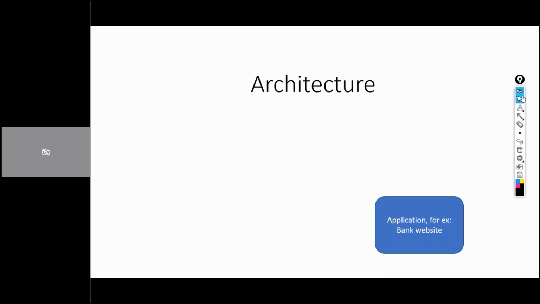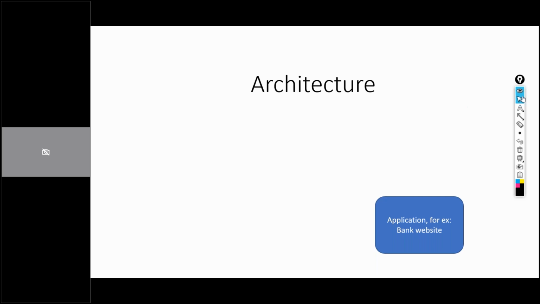If I am the client who owns the bank application and I want to test it with 500 users, I cannot bring 500 people, give them 500 laptops or desktops, ask them to sit at one place, log in at a time and check the response times. Practically it doesn't work like that.